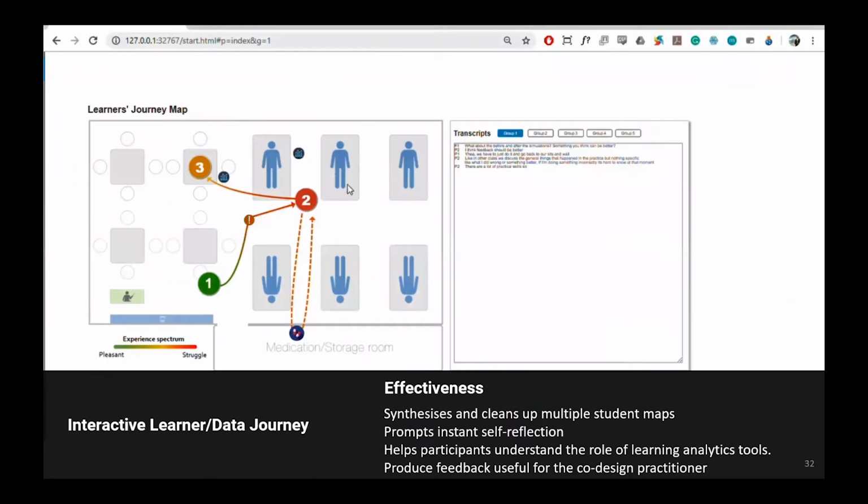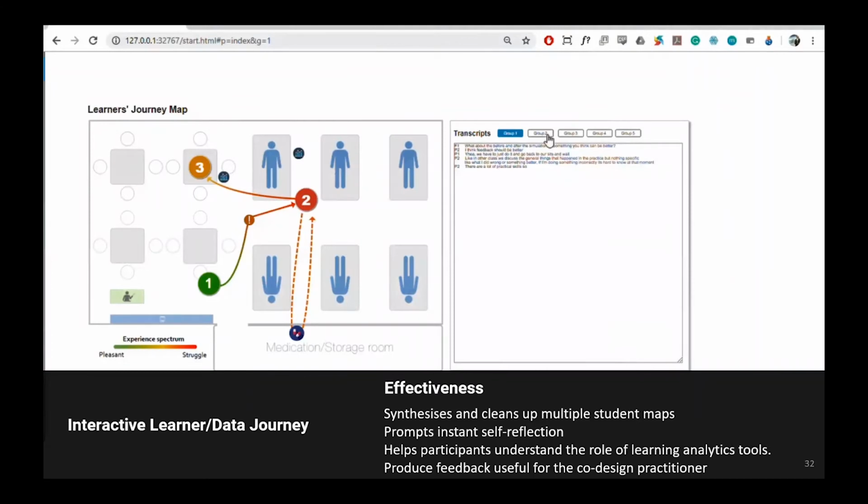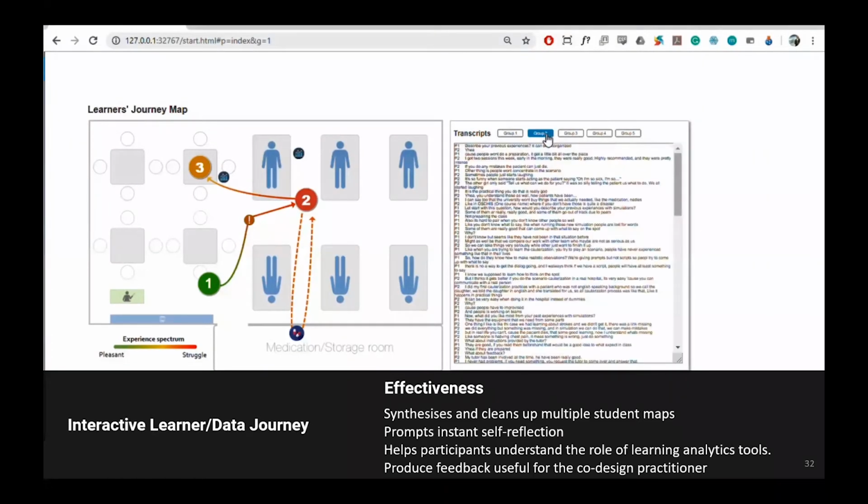Another thing was the opportunity to deliver analytics back to them. Here we have the survey questionnaire and the results for them to see how they value information. The other thing is that they have the chance to see the whole transcript. We wanted to make sure that we don't lose any context of the quote. We realized that in collaboration, it's really common to take the quote without the context and make the best out of it and do your own version. We wanted to see if that's actually useful for them.